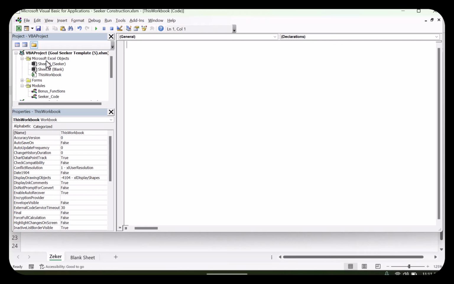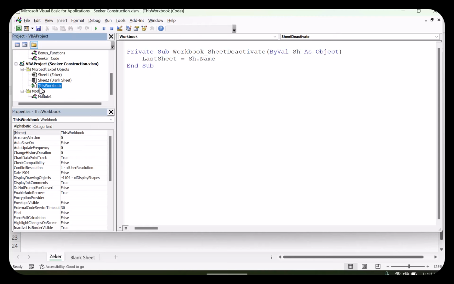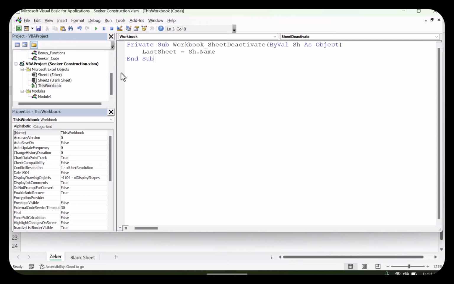Since I already have that, I'm going to copy and paste it. Copy, paste. This says, this is a private sub. That means it is available only for this workbook. If there is another workbook, it cannot refer to this one. This is a special name. It says at the workbook level, if a sheet is deactivated, okay,